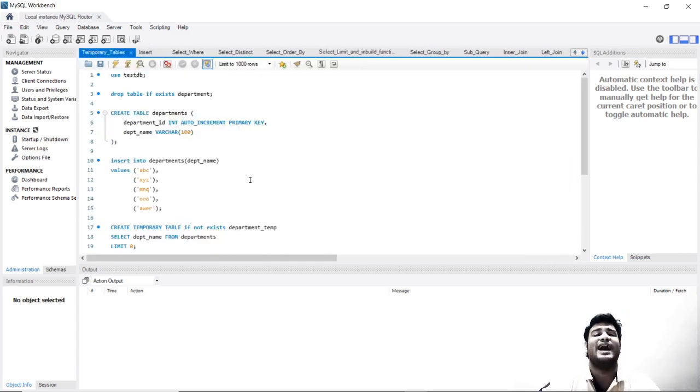So what exactly are temporary tables? We do create tables. Tables belong to a container which is the database. Temporary tables also belong to the database. Why exactly are temporary tables required and what is their purpose? Temporary tables are very important for any database to run well, to perform well, and to do well in actual production-like scenarios. Temporary tables are very useful.